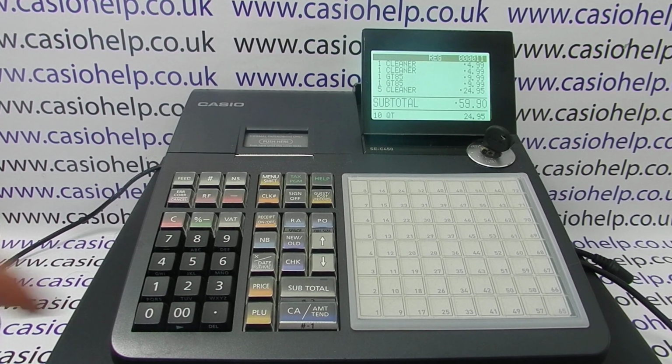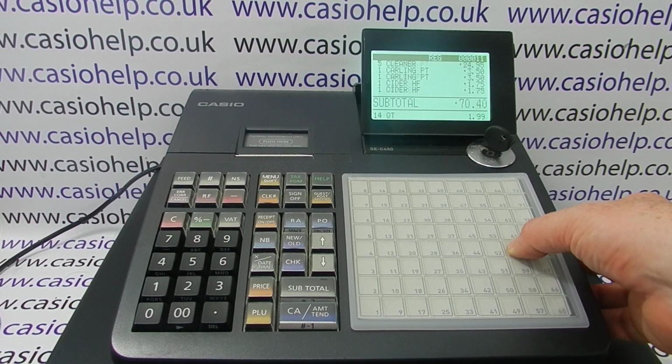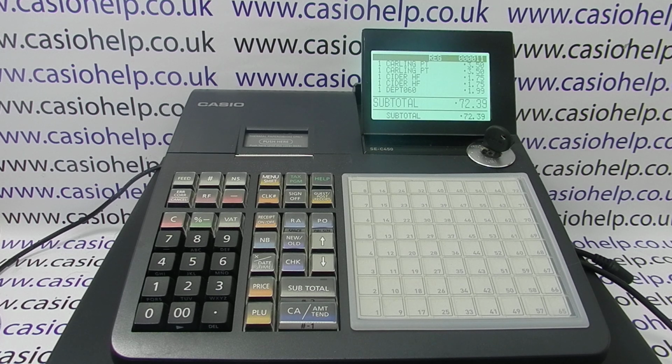You can run through normal sales alongside the scanner. So if you've got preset buttons set up or you've got a barcode item that you haven't programmed yet, you can run that through the till manually. You've also got your PLU functionality, so if you've got PLUs set up on the machine you can sell them alongside. And then just like a normal transaction, subtotal once you've entered all the items,